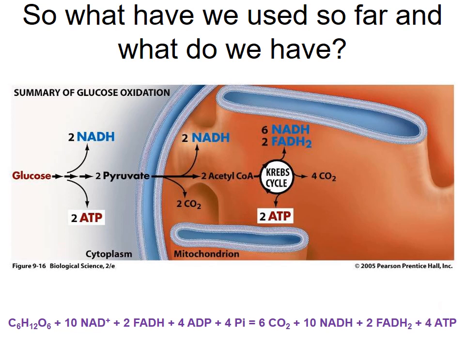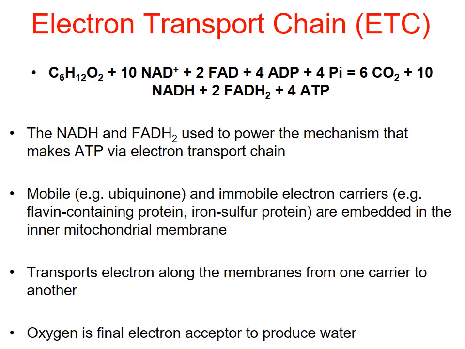cellular respiration. So what then happens during the final stage of cellular respiration? The final stage of cellular respiration, as many of you will know, is what's known as the electron transport chain. And the summary equation for what we have thus far is provided above. And what happens, here is the text, is that our electron carriers, the NADH and FADH2s, are used to power a mechanism across the cristae of the mitochondria, using an electron transport chain to produce many more ATP molecules for